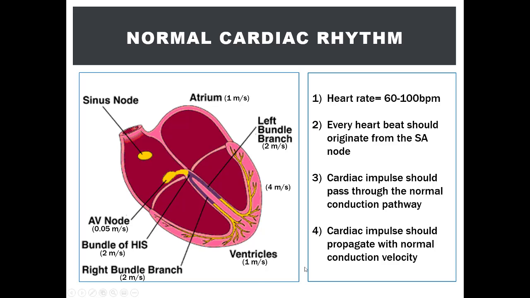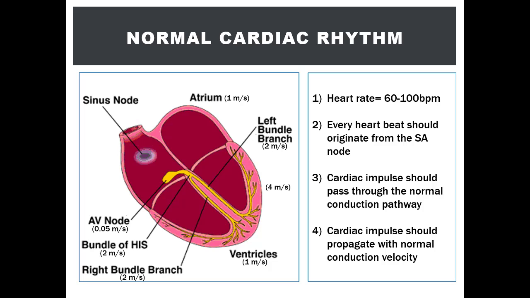So when there's any deviation from any of these criteria, you may have an abnormal cardiac rhythm, also known as an arrhythmia. These criteria indicate a normal cardiac rhythm, which means blood flow through the heart is normal. So when there is deviation from these criteria and there is an arrhythmia, blood flow is negatively affected. If the action potentials don't propagate through the normal conduction pathway, for example, or if the action potential propagates too fast or slow, or if the SA node can't initiate the electrical signal, then you will most likely have an arrhythmia.